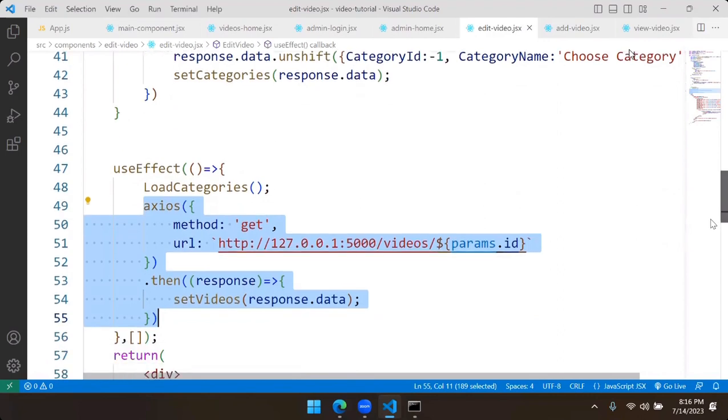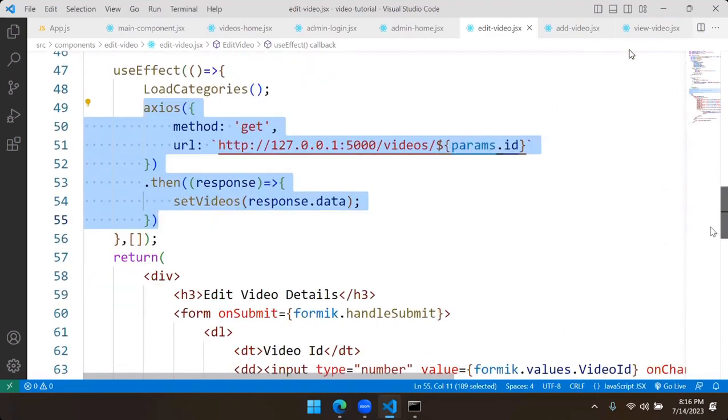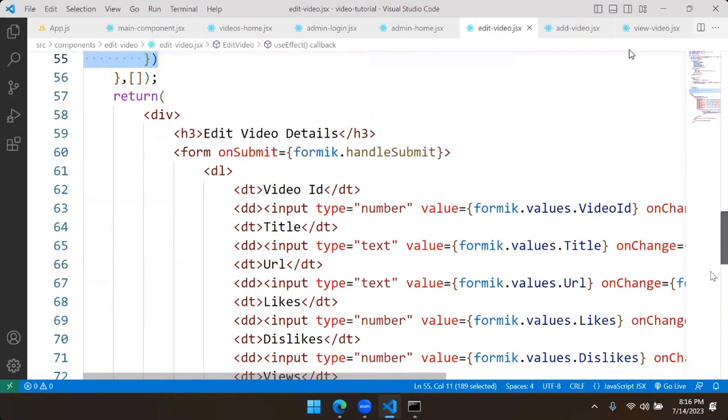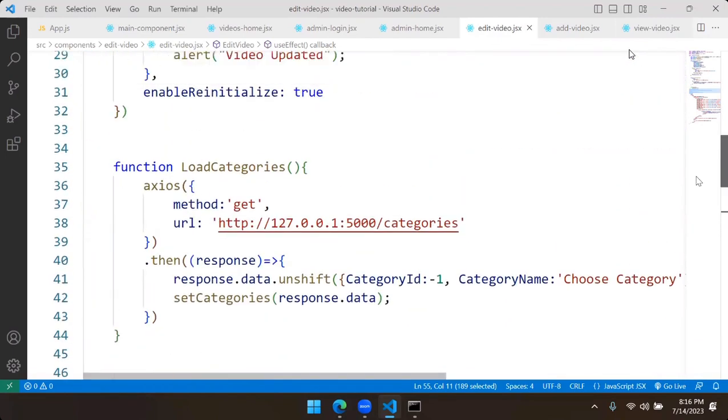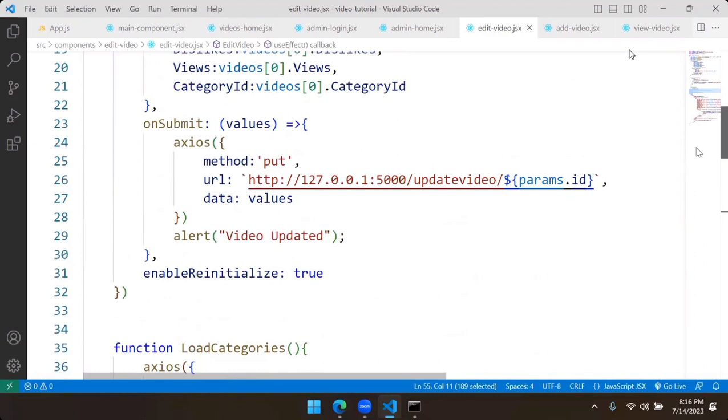That means somewhere the problem is in submit or in use effect. These two places are there. On submit,